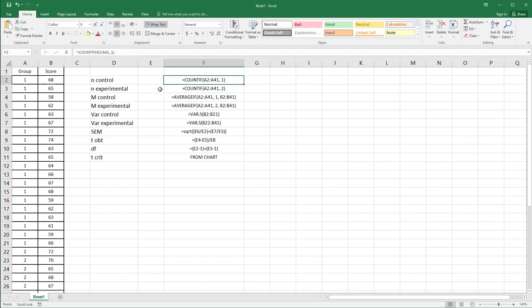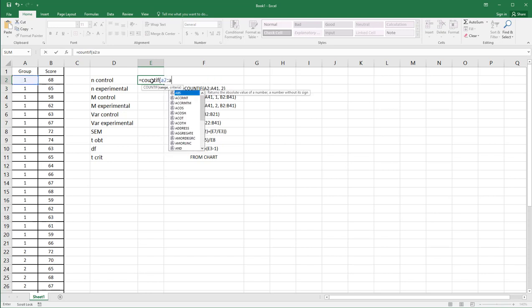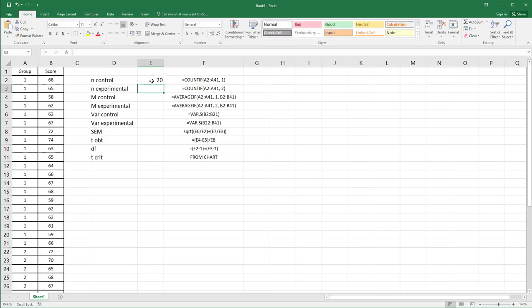So COUNTIF allows us to count A2 through A41 if it is a 1. So we're looking at the number of individuals that are in that first condition, in the control condition. So if their condition is 1, if they're in the control condition, we should count them, and we have 20